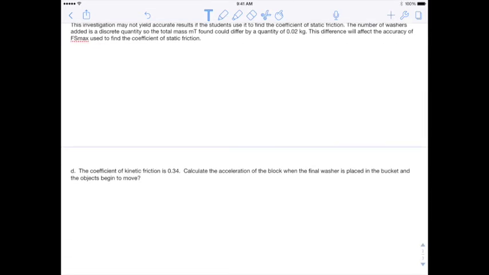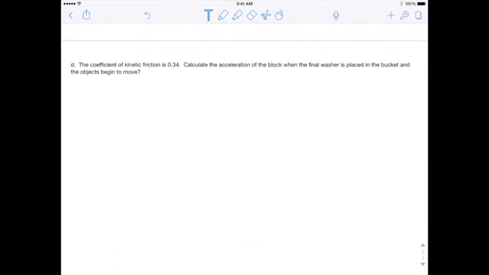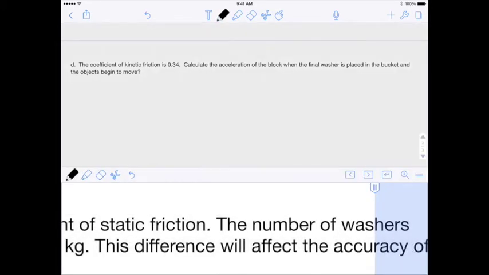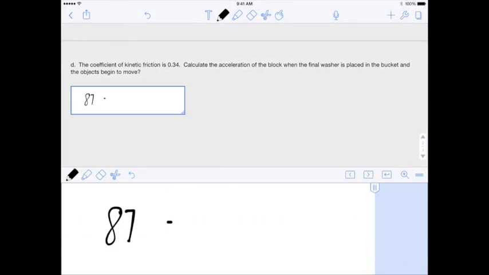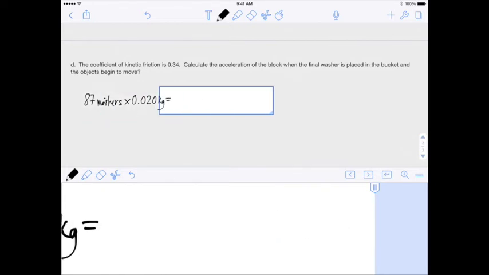In Part D of this investigation, they tell you that the coefficient of kinetic friction is 0.34, and they want you to calculate the acceleration of the block when the final washer is placed in the bucket. So let's be clear. If there are 87 washers, each with a mass of 0.020 kilograms, this gives us a total mass of washers of 1.74 kilograms,